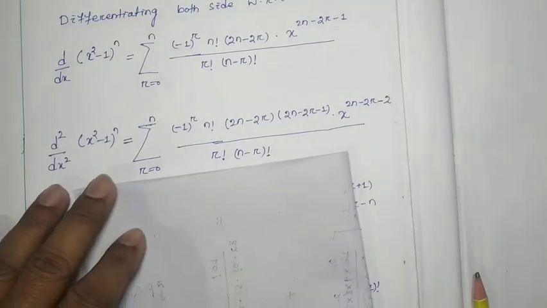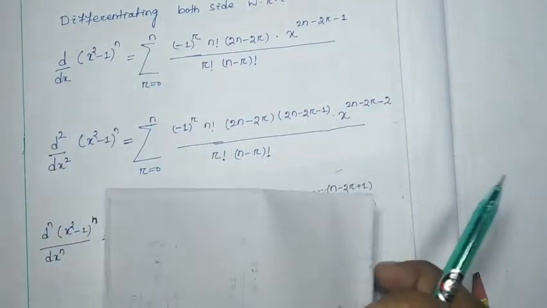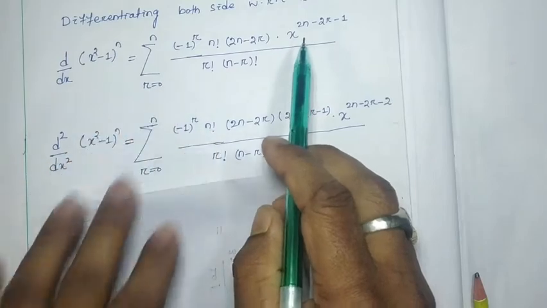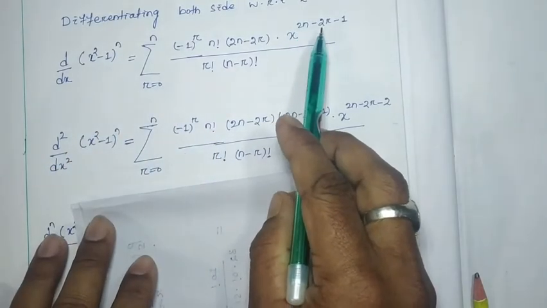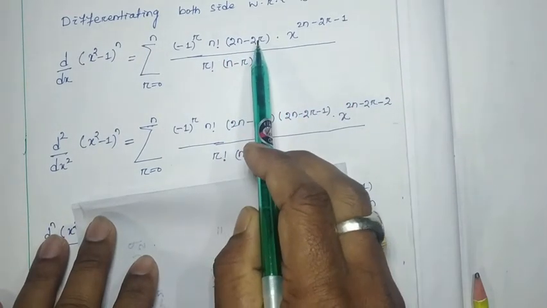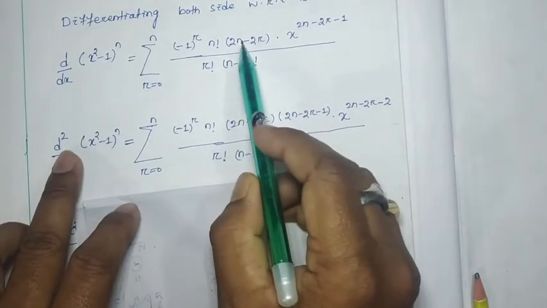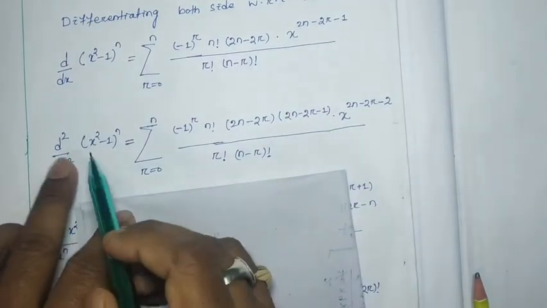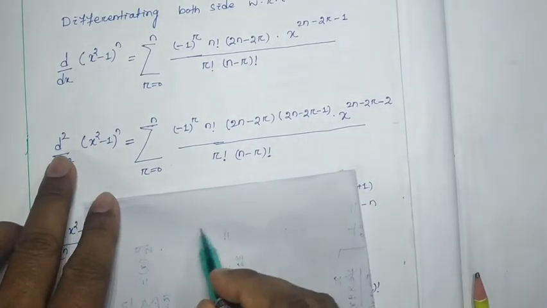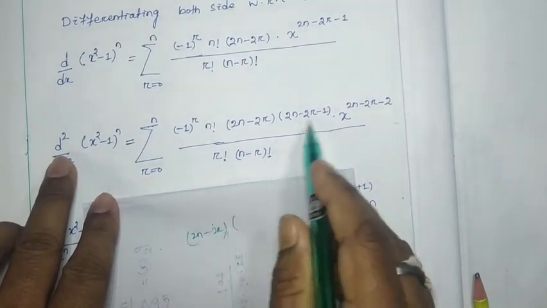See, here you can see, for your first derivative, it has gone to 2n minus 2r minus 1, right? Minus 1, and the coefficient is 2n minus 2r, right? For the second derivative you just consider this coefficient 2n minus 2r, right? For the second derivative it has gone to 2n minus 2r into 2n minus 2r minus 2. That means this I can write as 2n minus 2r into this I can write 2n